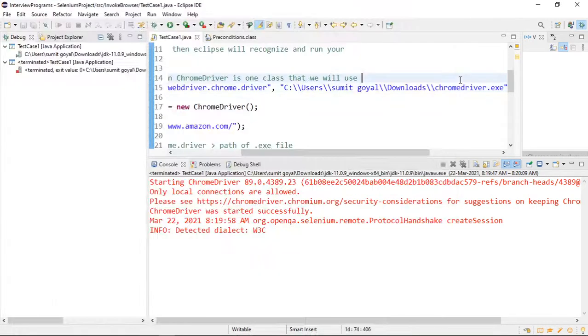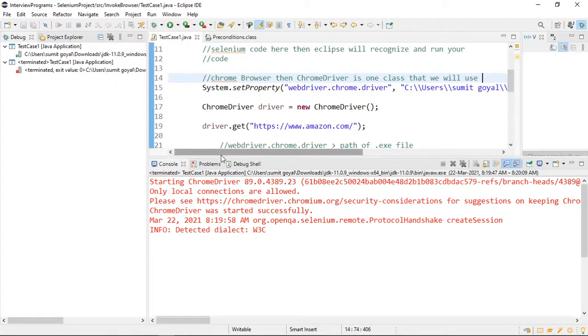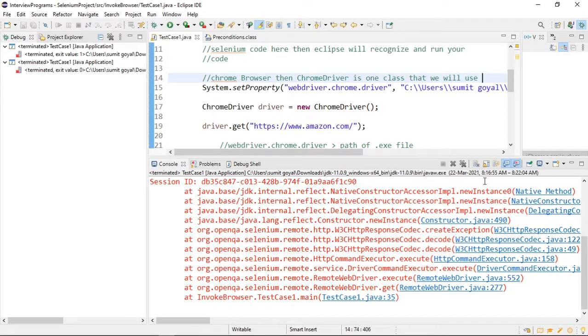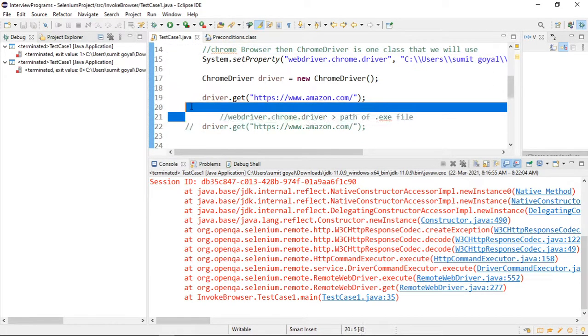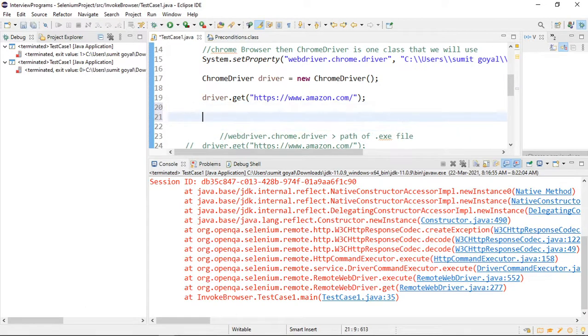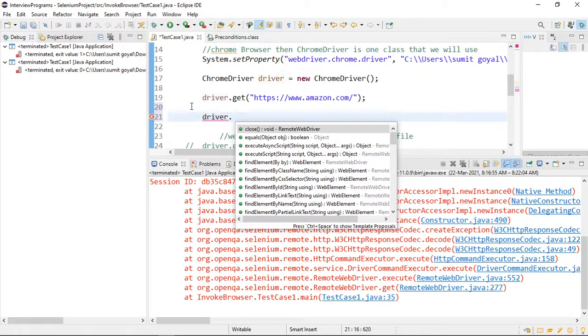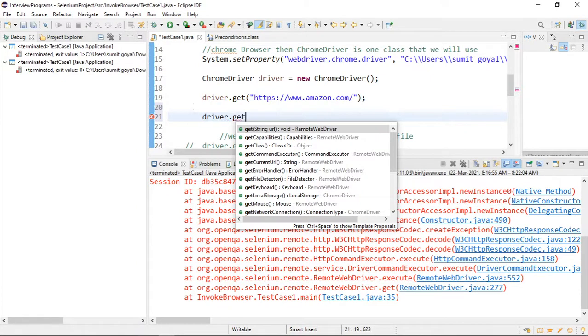So if I want to print the title, I can use one more method. You have to get the title, so you do not have to learn any method. Just say I want to get the title, so the method name will also be the same. Say getTitle.